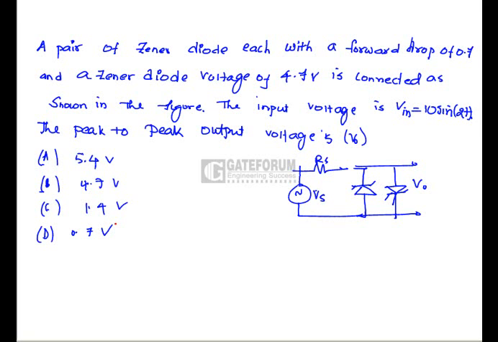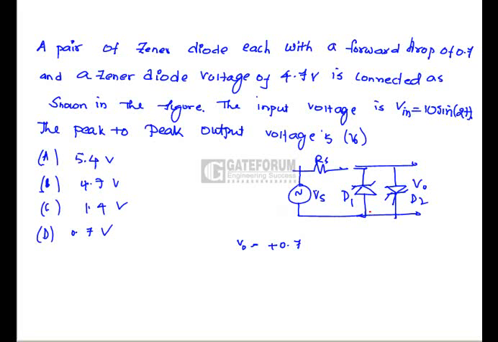A pair of Zener diodes, each with a forward drop of 0.7 and a Zener diode voltage of 4.7 volts, is connected as shown in the figure. The input voltage is a sinusoidal function, that is 10 sin 2t. The peak to peak output voltage is, see, if we indicate two diodes D1 and D2, when Vs is in the positive half cycle, then D2 is going to conduct, whose forward drop is 0.7. Hence D1 is not going to be in reverse breakdown. Hence the output voltage on the positive peak side is plus 0.7,